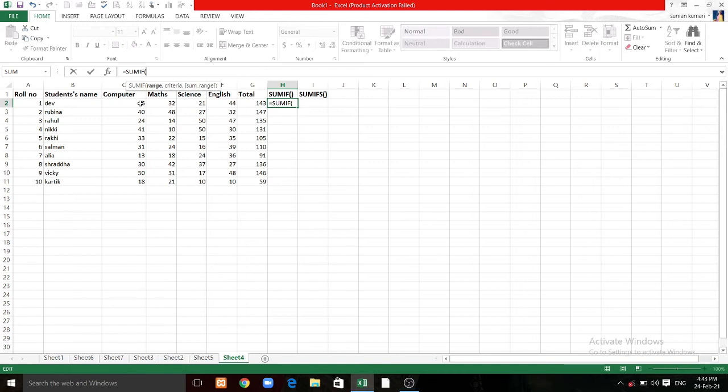and the range criteria, it means the subjects, all the subjects. And here we have to write the condition. So the condition is which marks should be less than 30. No, it means the marks should be greater than 30, so it will add the values which are larger than 30. So press enter. Now you can see that the result we got is 122 because it did not count 21 in the list because it is smaller than 30.